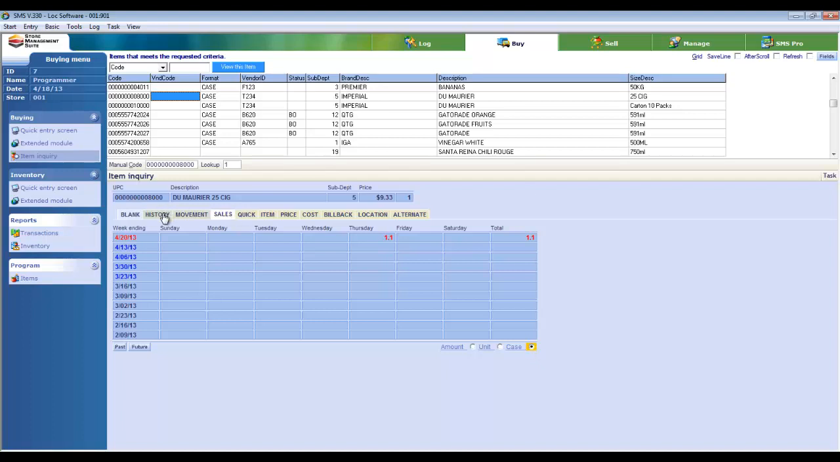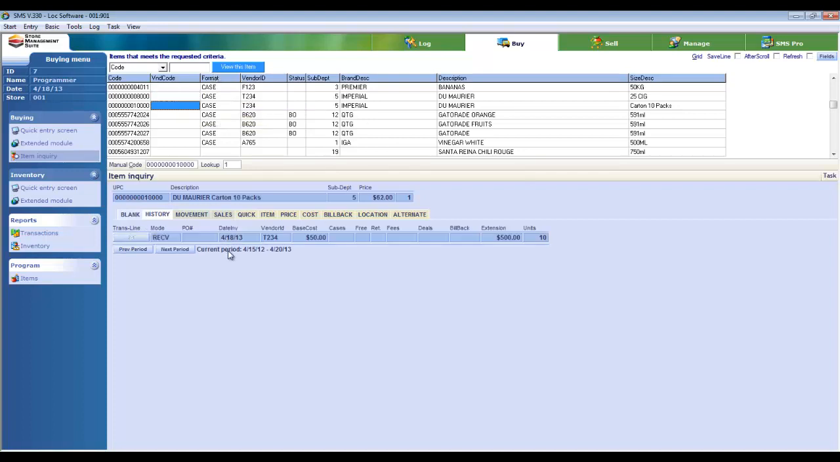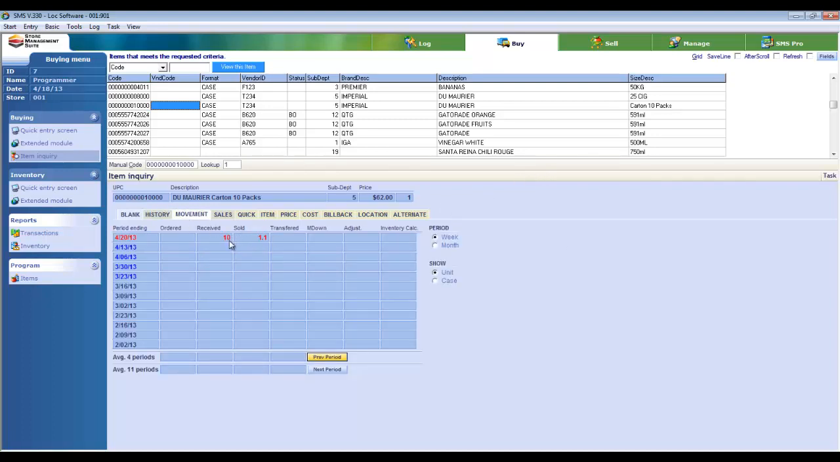If we go to our history, we don't see anything, and this is important. It's because we didn't do the buying of individual units. We did the buying based on cartons. So we ordered 10, and that's what we received. If we come into the movement here, we will always see received 10, sold 1.1. And if we go to cases, nothing's going to change because all it's showing us is what we received and what we sold by